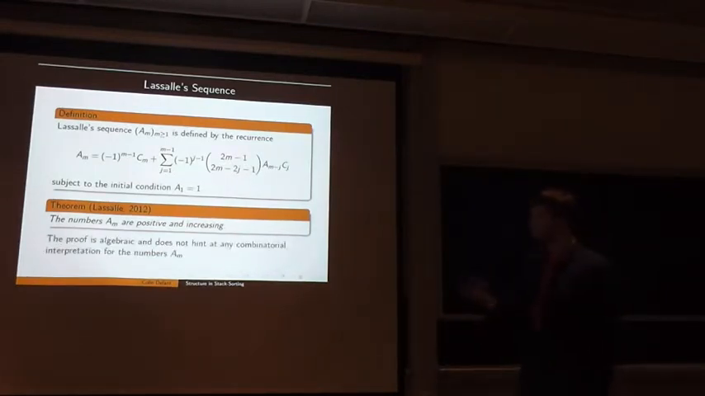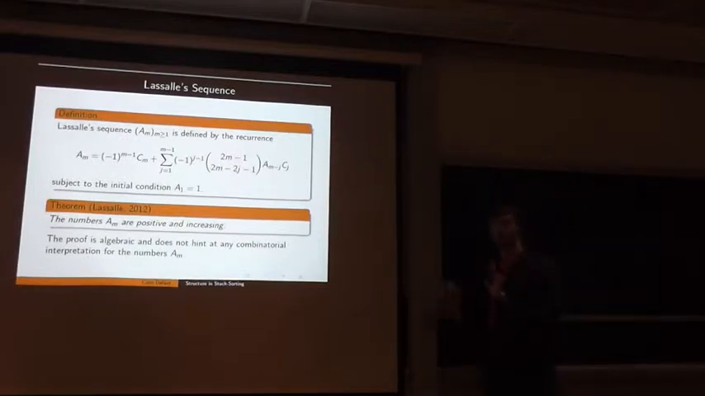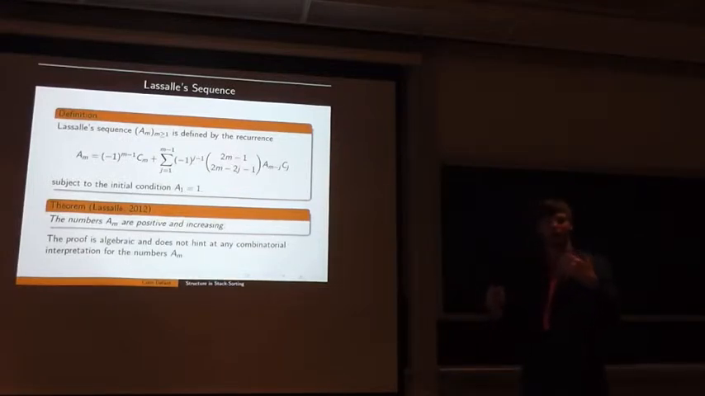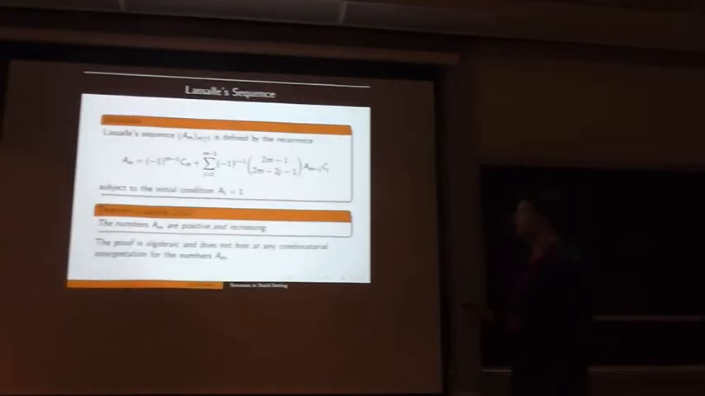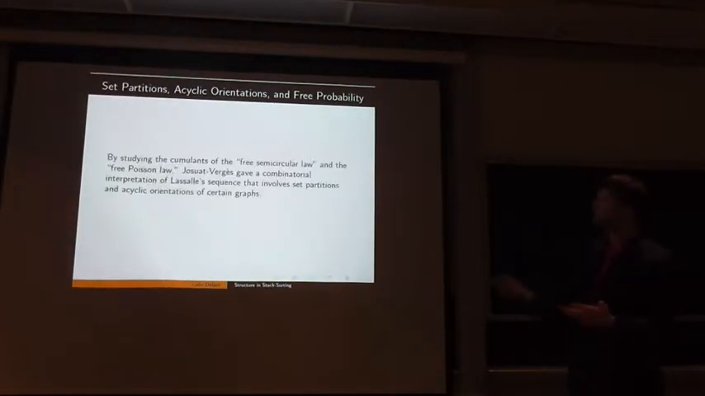However, Lassalle's proof is completely algebraic, and it doesn't give us any kind of a combinatorial reason why we might expect these numbers to be positive and increasing. In other words, we might think maybe they count something. Maybe there are some objects that are counted by these numbers. And this is originally found, this is the case, this is originally found by a guy named Josuat-Vergès,